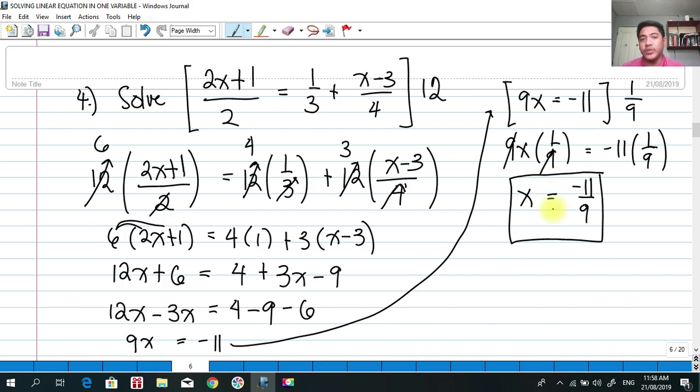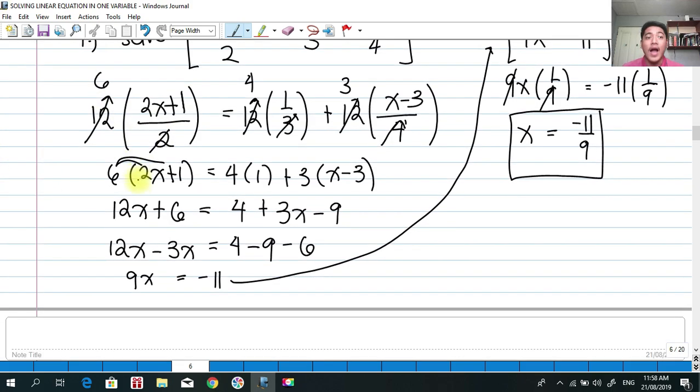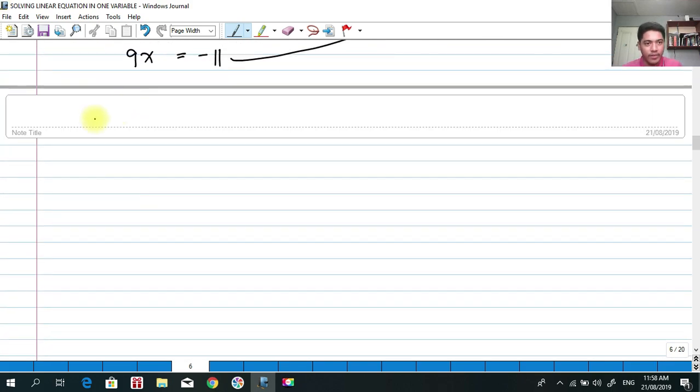But most probably this is correct. If you want to check it, just substitute the value of x that you got into the original equation and see if that satisfies our equation. So for number 5, we have, solve